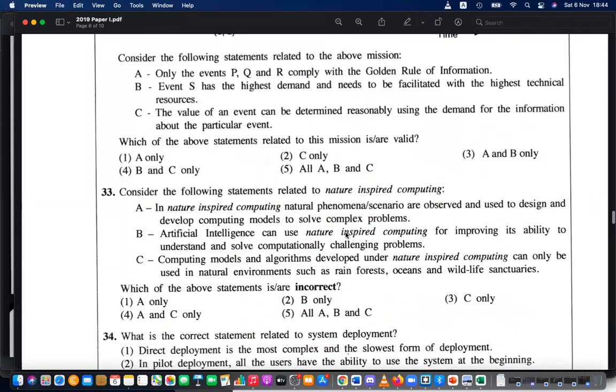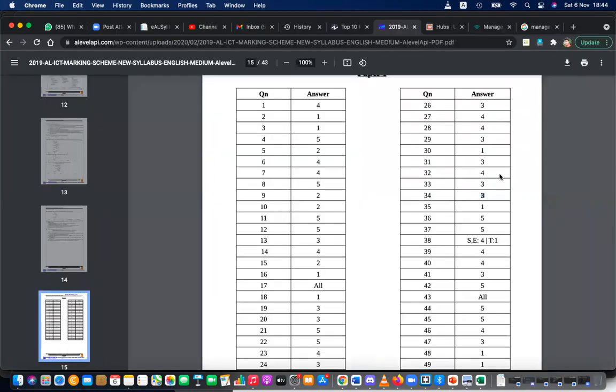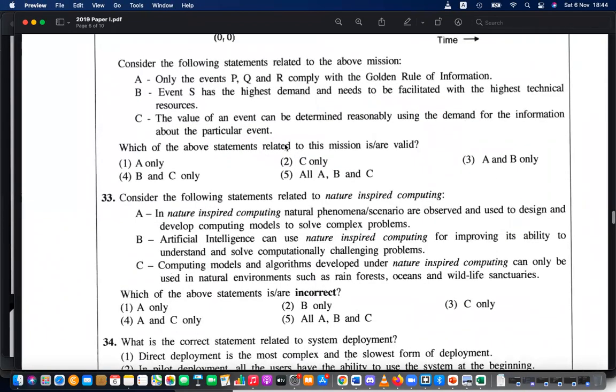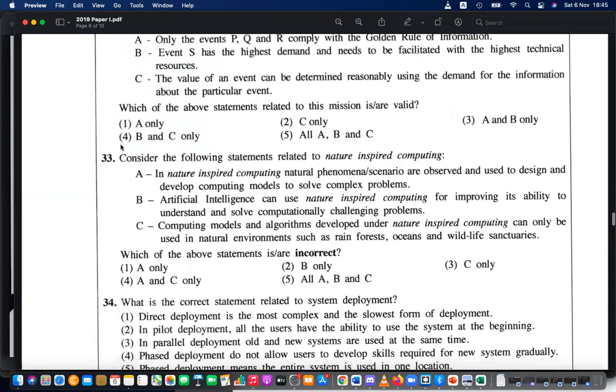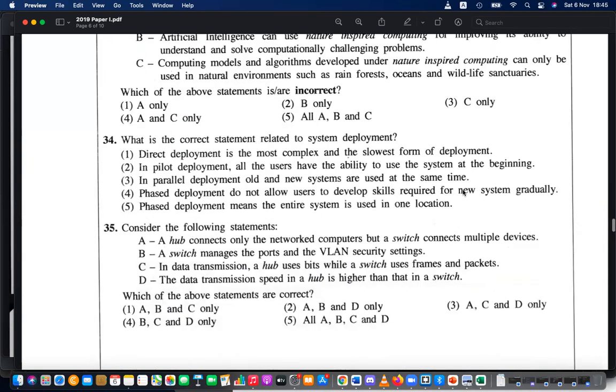This one, 4 is taken. 32, right? 32, 4 is taken. That's why I said 32, 4 is taken with the partially correct answer. Partially correct means, you know, 4 is BC. It's not that the highest must be given the highest facilities, but that is partially correct. They have taken that B and C are the answers. So 4 here, 3 here, and 3 here.